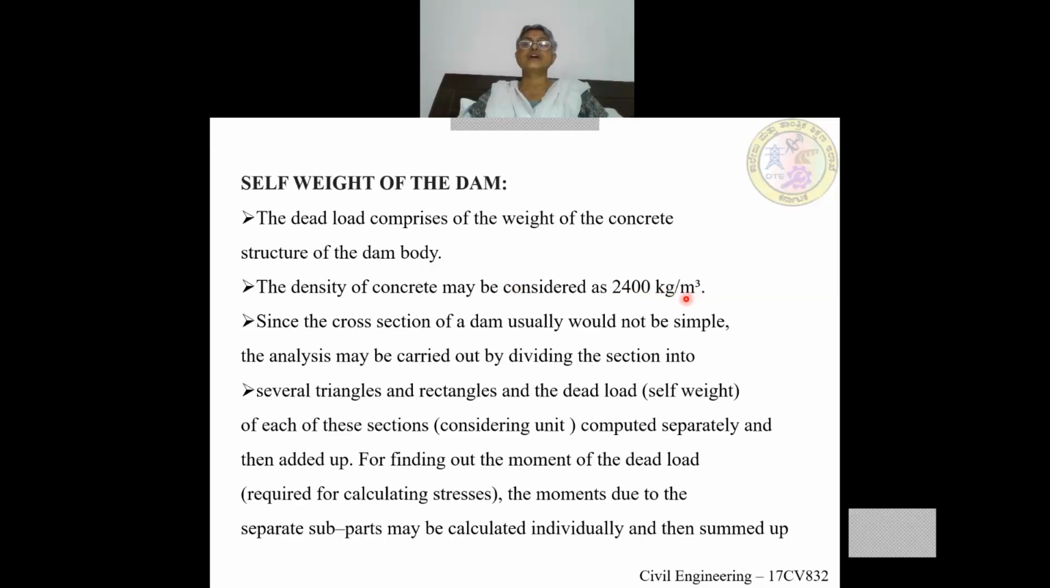It's very huge. Since the cross section of the dam usually would not be simple, it is made up of triangles and rectangles. So for analysis purposes we divide the section into several triangles and rectangles, and the dead load of these sections is computed separately and then added up. For finding out the moment of the dead load, the moments due to separate subparts may be calculated individually and then summed up. The meaning is,